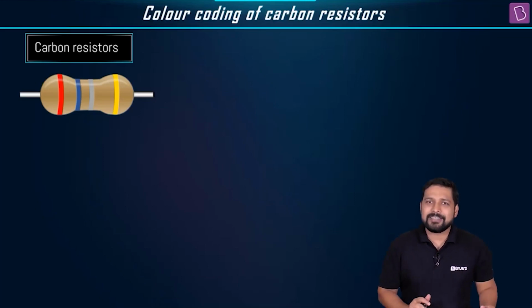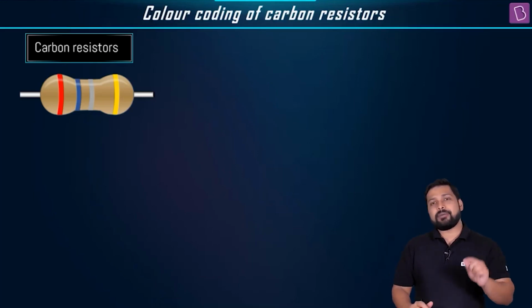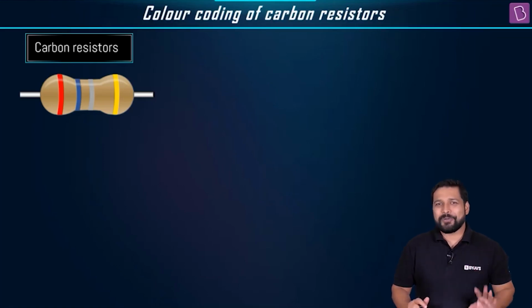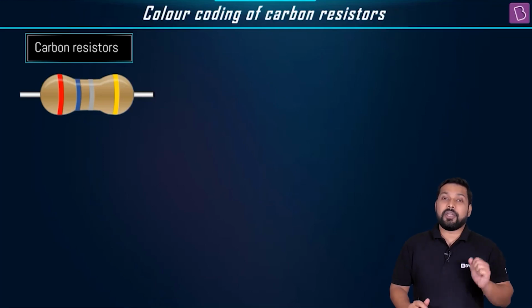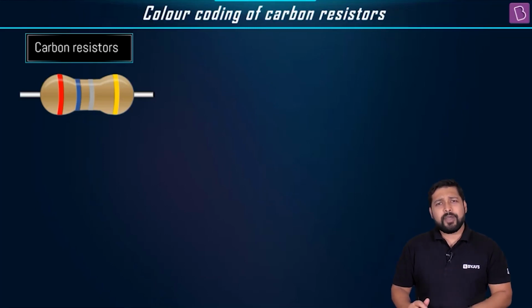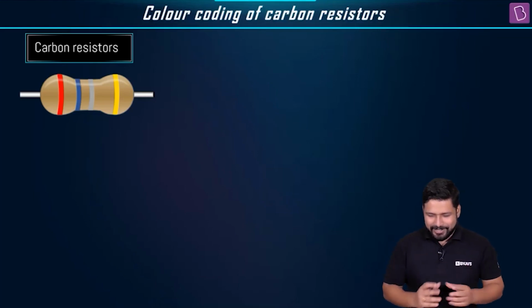And now we are going to understand something which can be termed as important for your board exam, but when it comes to your competitive exam, yes, directly they will give you a color coded carbon resistor and they'll ask you what is the value of the resistance of this carbon resistor. This is what they're going to ask you. This can be asked in both types of exams, in terms of a numerical in your board exam as well, or in your competitive exam as well. The questions remain same. Why? Because there is no derivation, nothing over here. It's all about the fact that if it is coded, we need to crack the code. So let's crack it together.